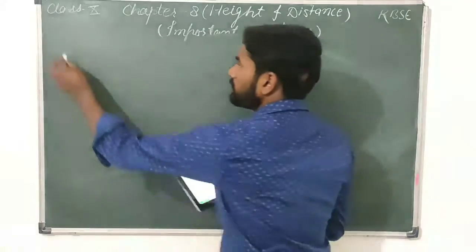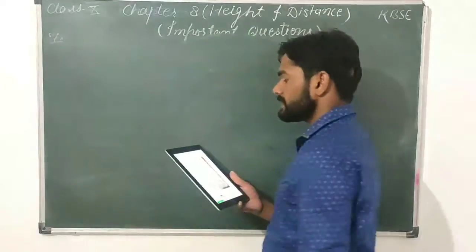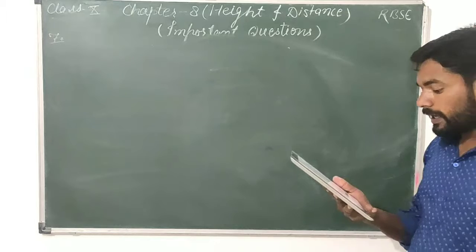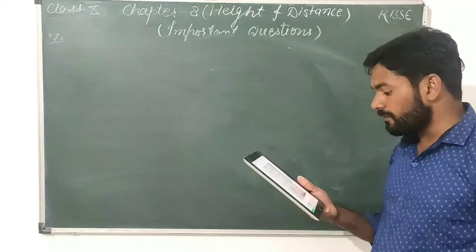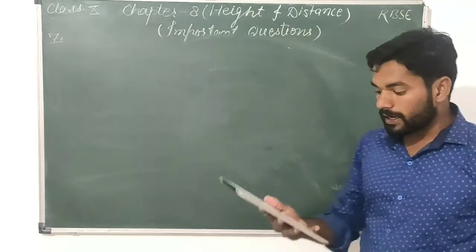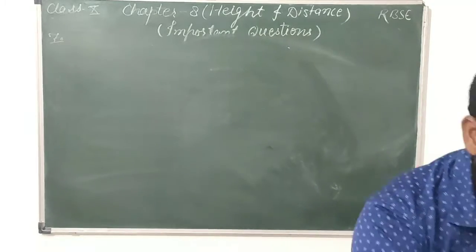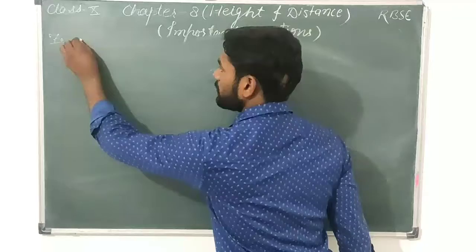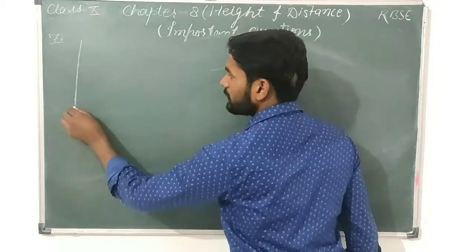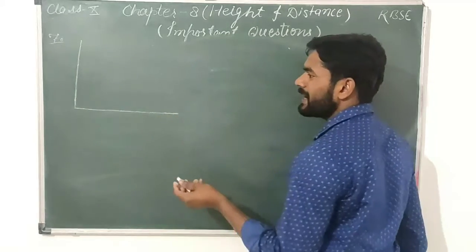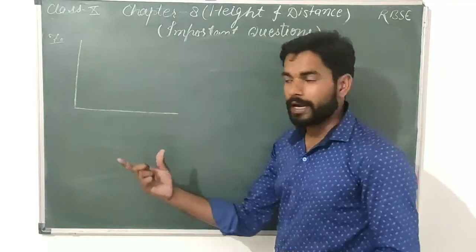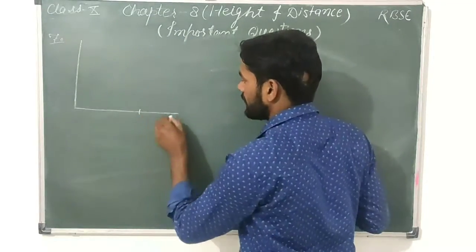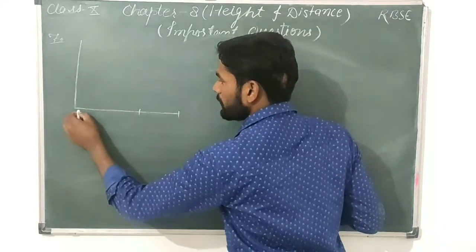According to the 7th question of the miscellaneous exercise of chapter number 8: the angle of elevation of the top of a tower from 2 points at a distance of A meter and B meter. It is given that 2 points are there on the ground and there is a pillar which has some height. 2 points are there in such a way that at a distance of A and B. मतलब 2 points से एक यहाँ लेते हैं, एक यहाँ लेते हैं।